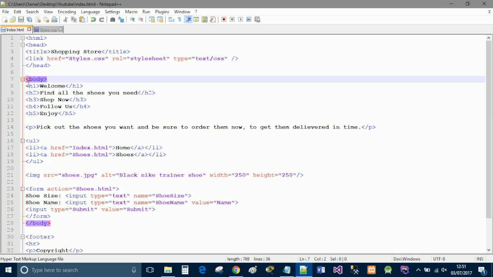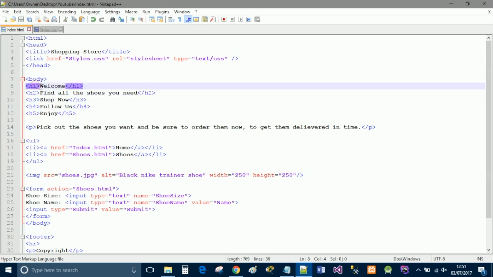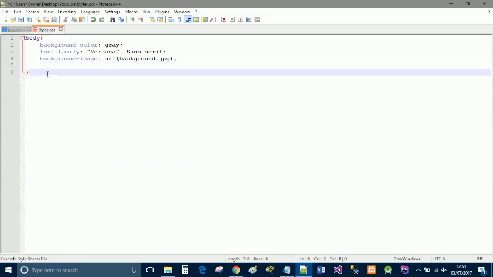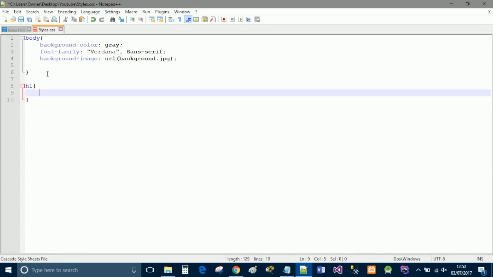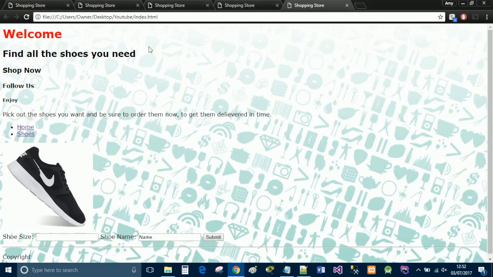So after the body tag, we've got our H tags, which are our headers. So if you want to style these, again, we don't need to target them. We don't need to create any divs or add anything to the HTML. We will simply go back to the style sheet and we will just go H1, curly brace, open it. Now if we do colour red, for example, and we save this and we run it, the welcome tag has become red, which is quite